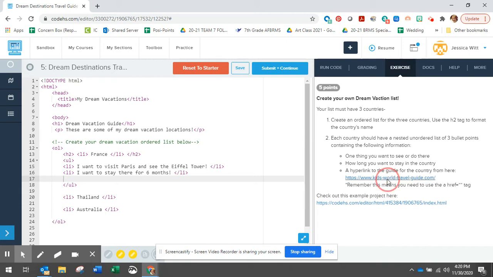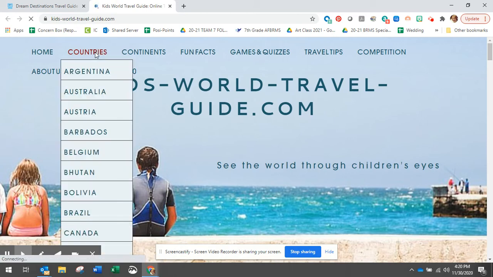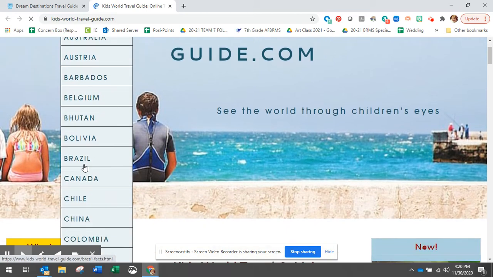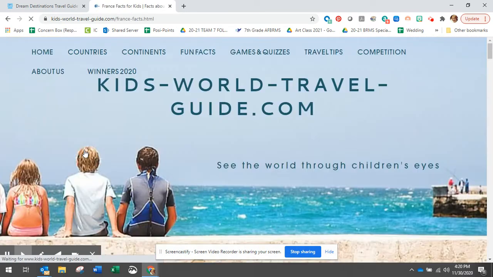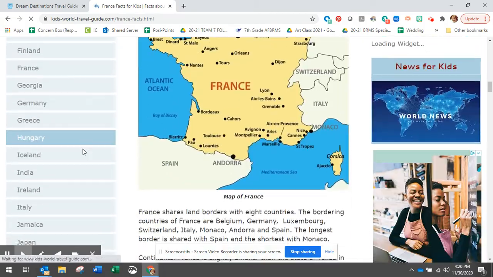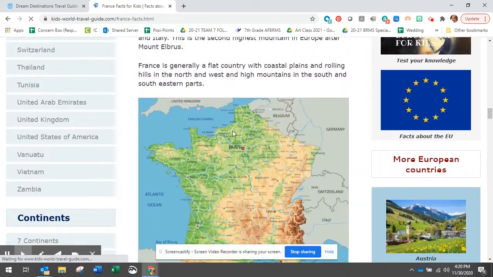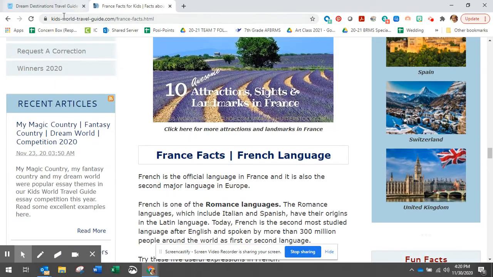So let's click here on this link, and we need to find the travel guide for France. So I'll go to countries. They're in alphabetical order, so I'm going to scroll down and find France. And here's my travel guide that has lots of information about what it's like to visit France, what I might want to see there, maps, all kinds of things. So I need to put a link to this website on my page. So I'm going to highlight the link here, copy it,